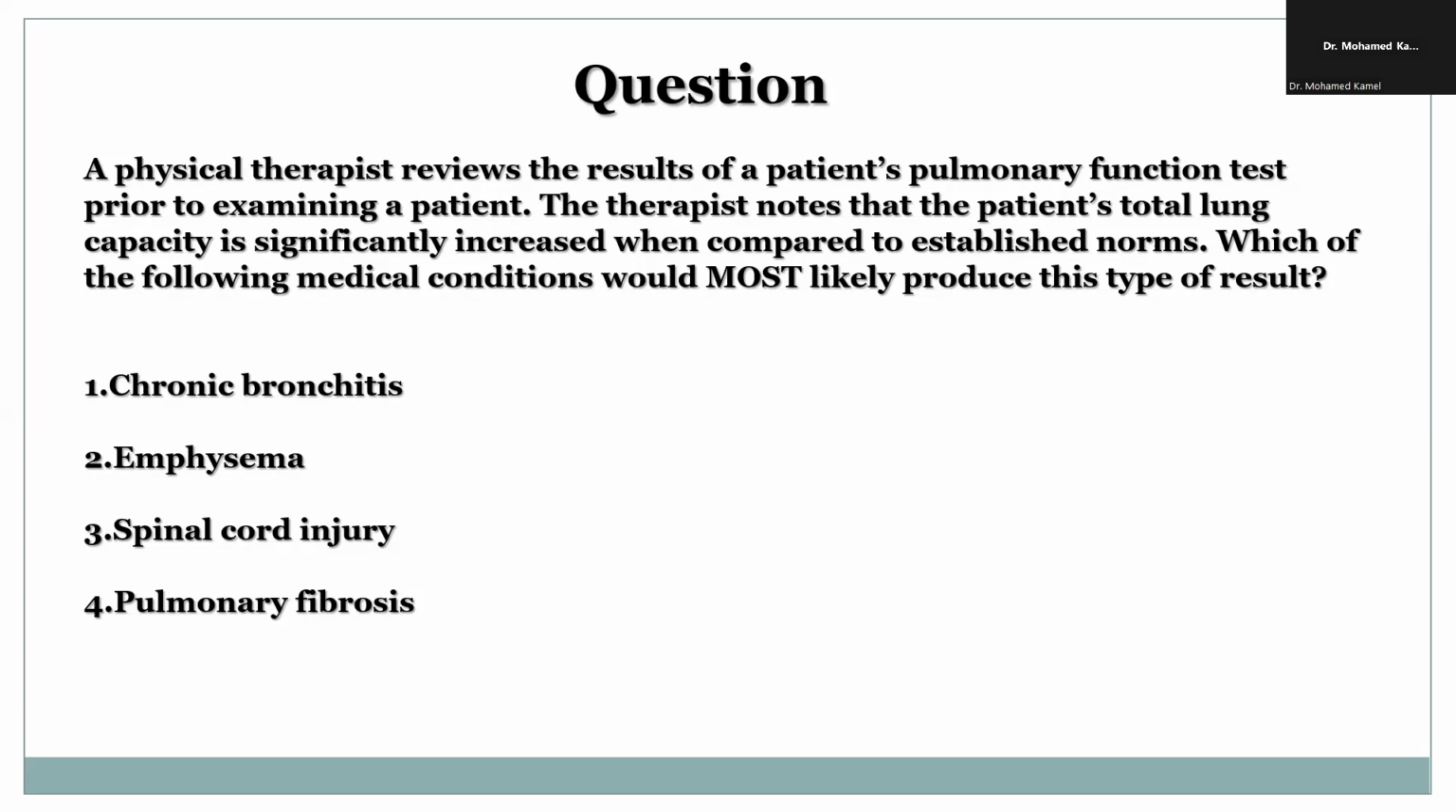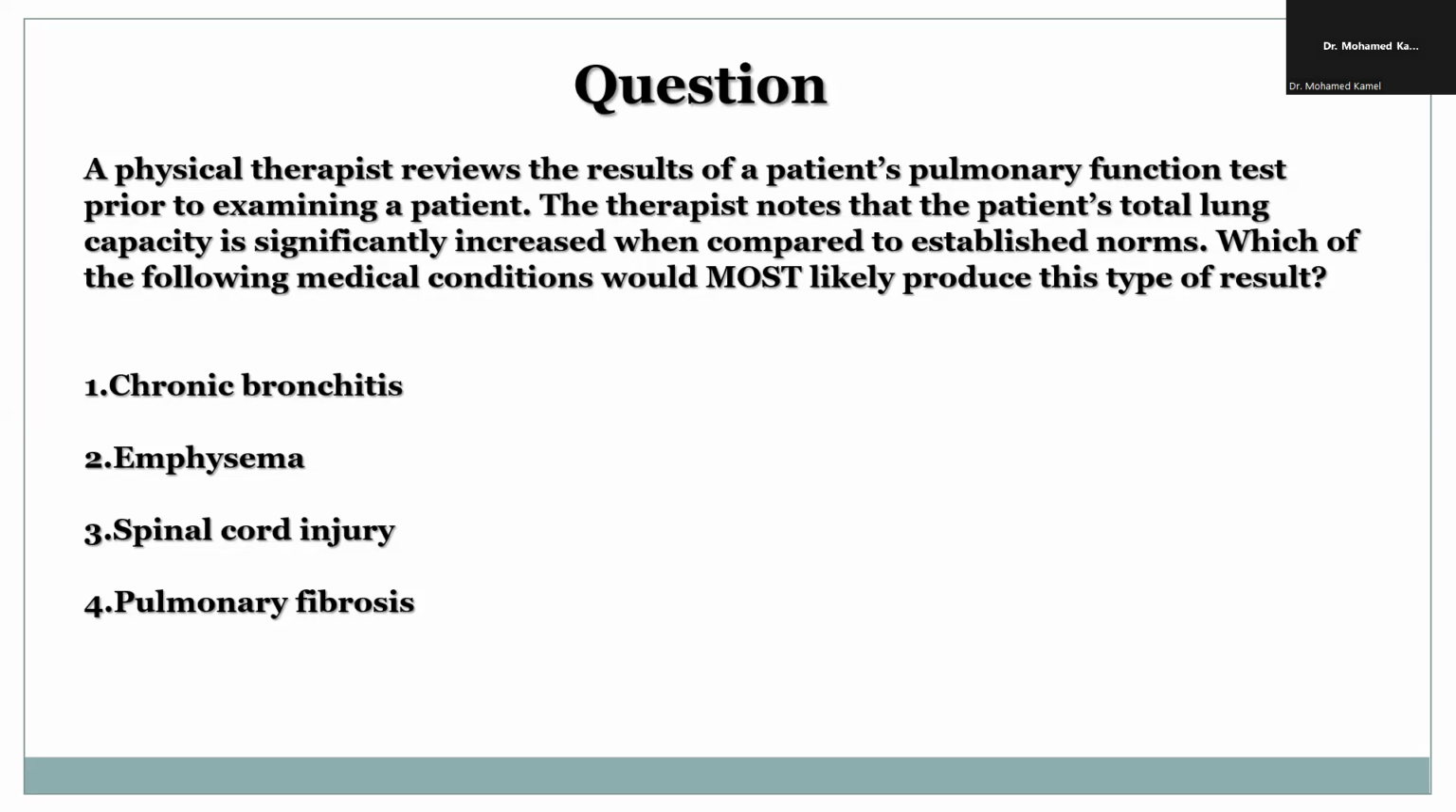So here we have four options: chronic bronchitis, emphysema, spinal cord injury, and pulmonary fibrosis. If I look at these four options, you have a patient with increased total lung capacity. So I would expect that there is hyperinflation of the lung. And if I am looking at these options, I would expect emphysema could be at the top of the list for me in these answers,